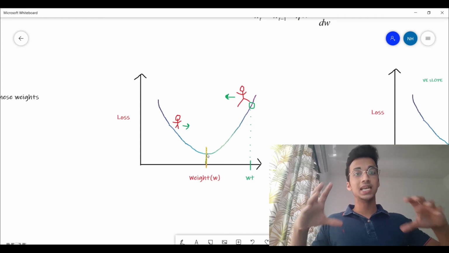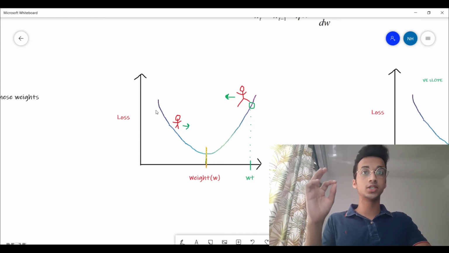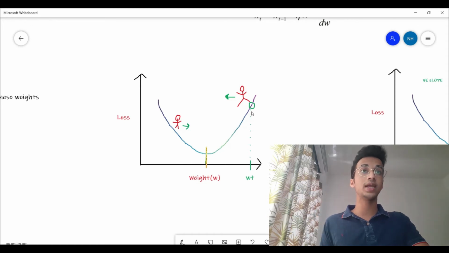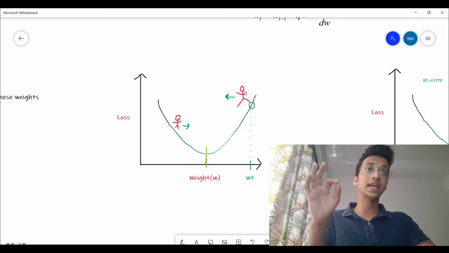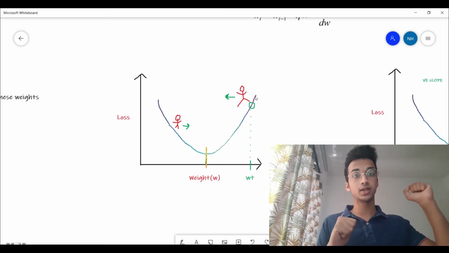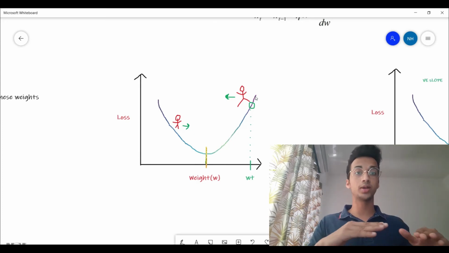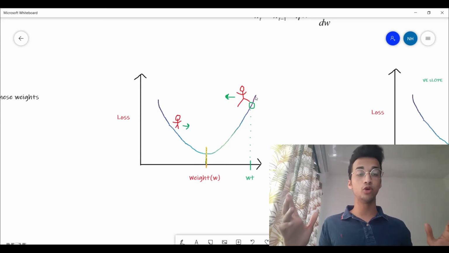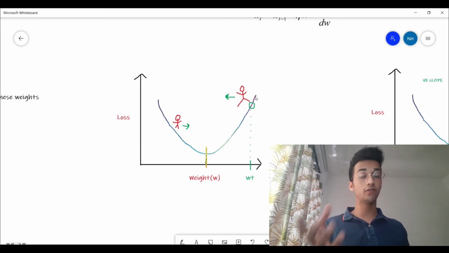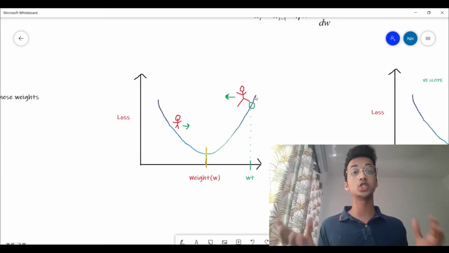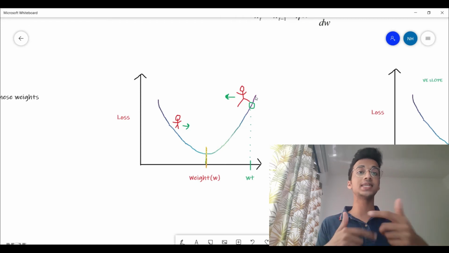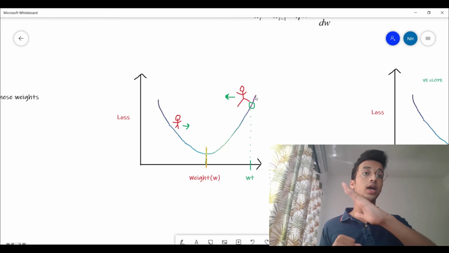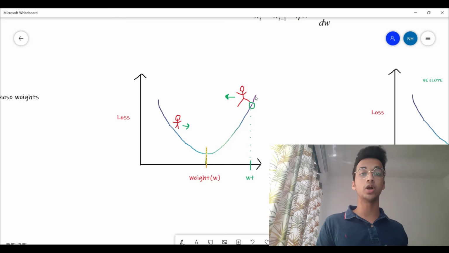To understand this, let's take an analogy. Let's assume that this is a particular hilltop, and this red stick figure that I've drawn is basically you, standing at the top of the mountain, and your goal is to climb down to the bottom. The trick is you're blindfolded. How are you going to do that? Basically, you're going to take a step forward and feel how the mountain's slope is changing. This slope is called the gradient. If you feel that the slope is going down, you're going to take steps forward. If you feel that the slope is going up, you're going to take steps backward to reach the bottom.